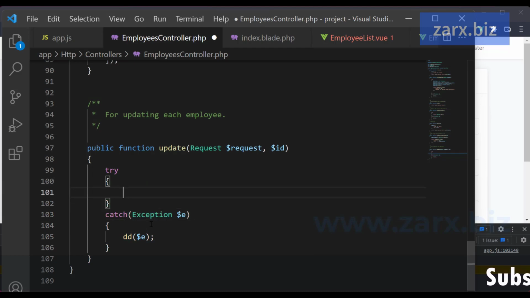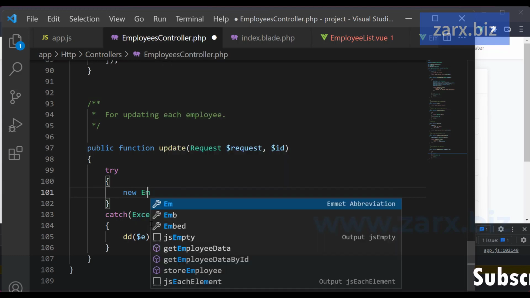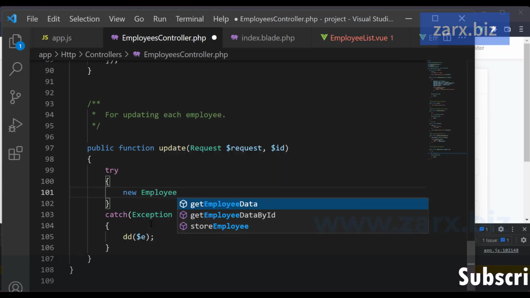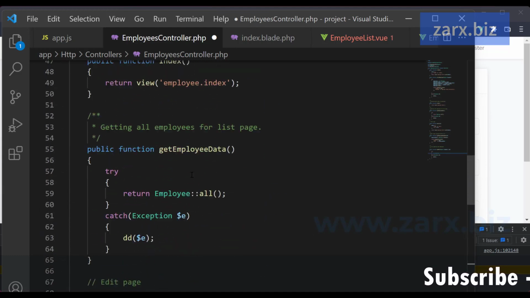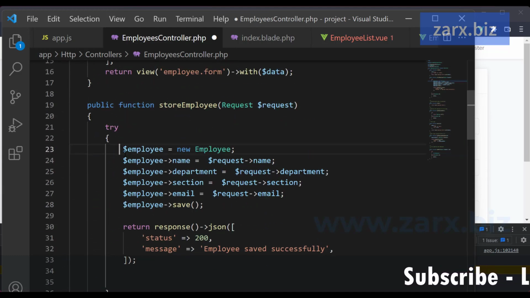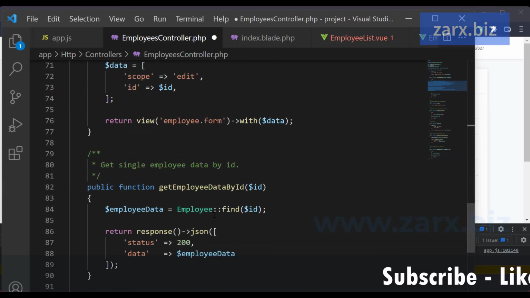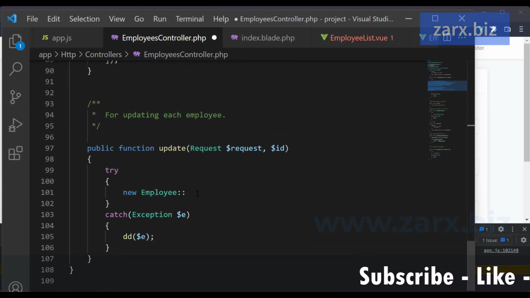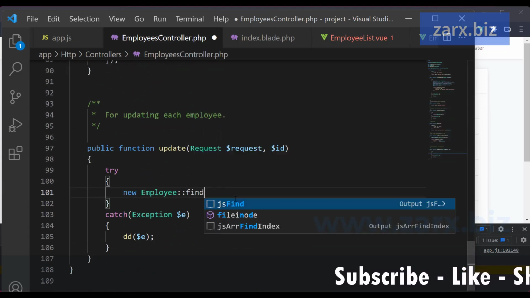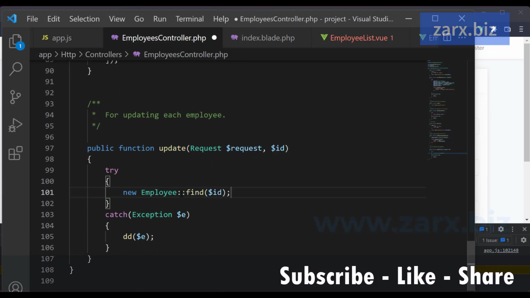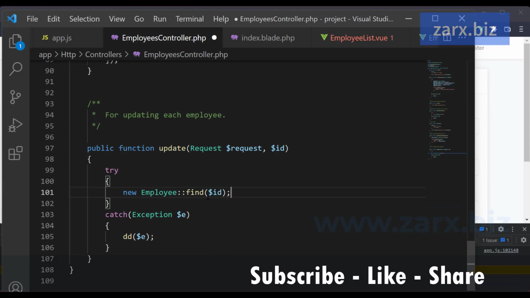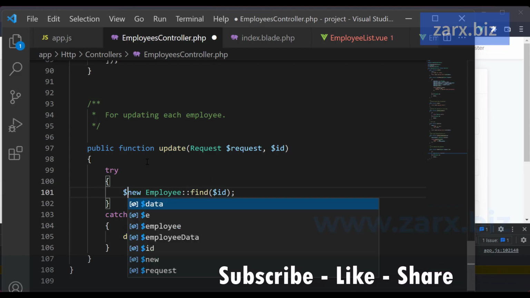Inside try, what I do is a new employee, just like the way we did in the create. If I scroll up here, for create, the similar way we are going to do here. I'm going to say find $ID. So this time we are just finding the single employee. So here we say the $employee